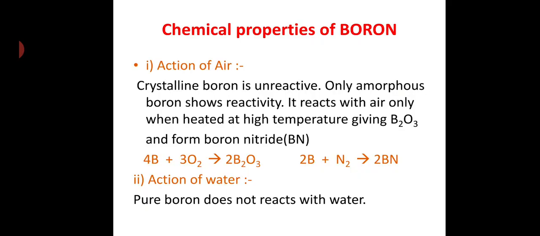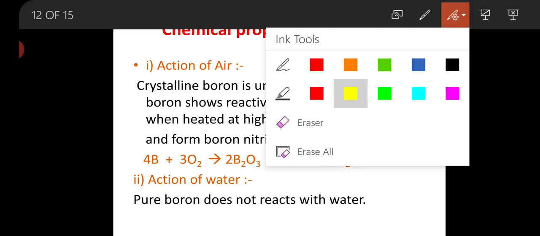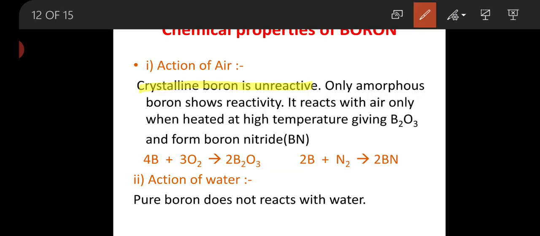Depending upon these properties, the chemical properties of boron are given. So what are the chemical properties? The first property: as we just explained in the general properties of the 13 group, crystalline boron is unreactive with air. Crystalline boron is unreactive,